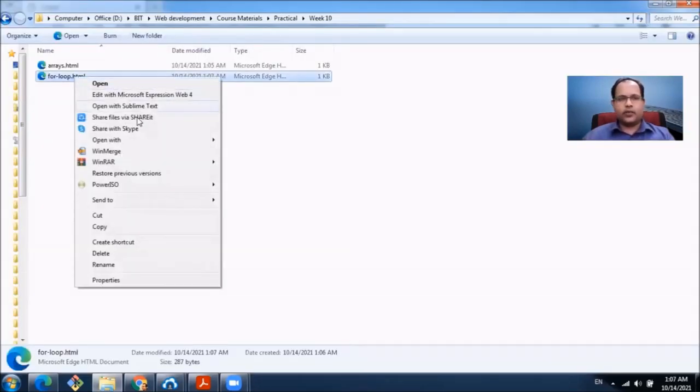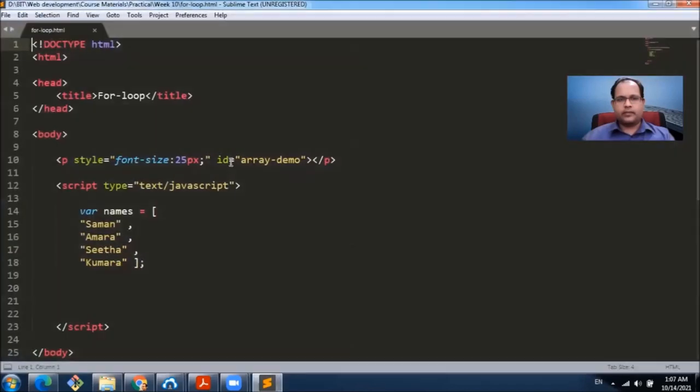Let's open this for loop HTML file. Right. Now we have the same array, right? Saman, Amara, Sita, and Kumar are there. Let's create a for loop. For I equals 0.